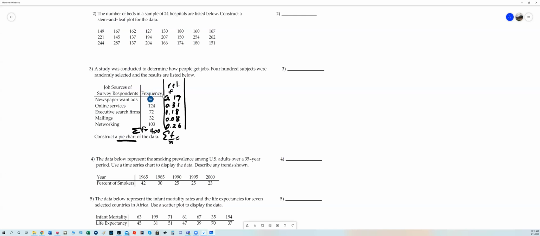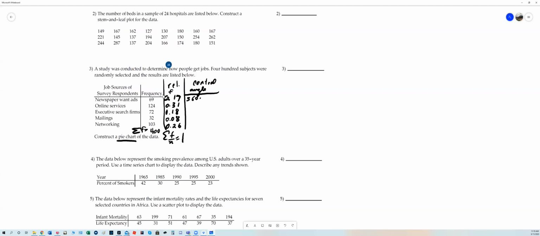Okay, great. So now let's just check our relative frequencies. 0.17 plus 0.31 plus 0.18 plus 0.08 plus 0.26. And I get 1. Lovely. Now we have to find the central angle. And all we have to do to find the central angle is we take